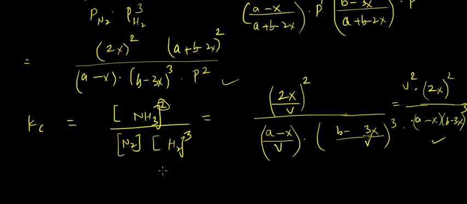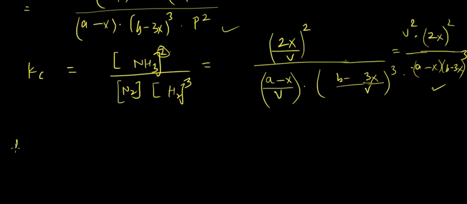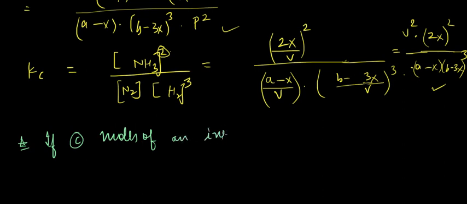So let's suppose we have a twist that if in the same problem we say that if C moles of an inert gas is also present, so in that case what will happen? So if C moles of inert gas is also present, then